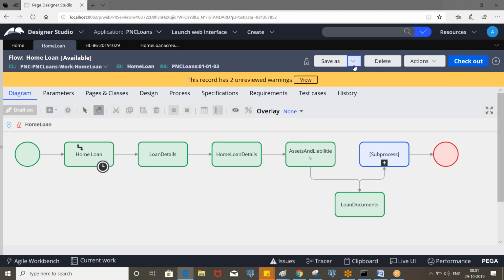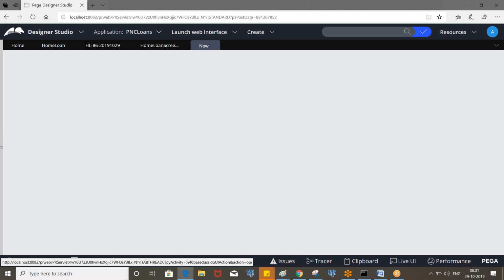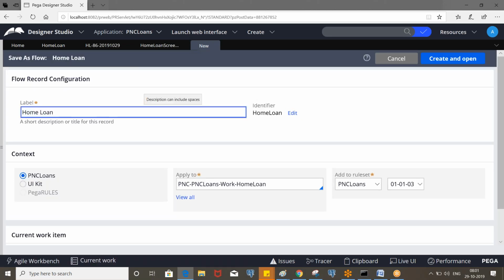Here what I'm doing is I'm going to save as with a different name, let's say home loan process.